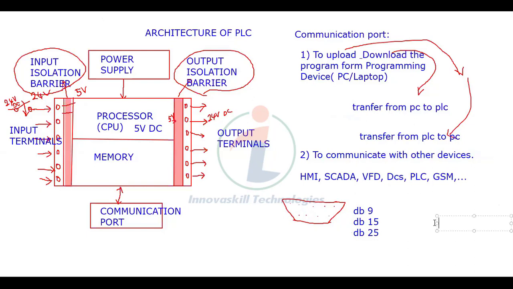Next we have round type connectors also, like this, and internally that pin arrangement will be there. So this will be called DIN type or round type. This is DB type and this is DIN type. Here also DIN9, like that different things will be there. And what are the communication standards used here? Mostly serial communication. For that they will be using RS-232, RS-485, like this mostly.